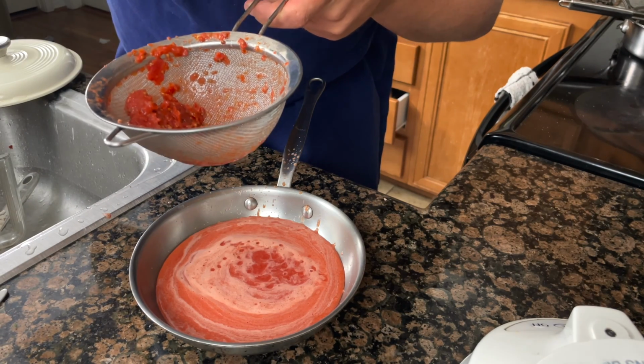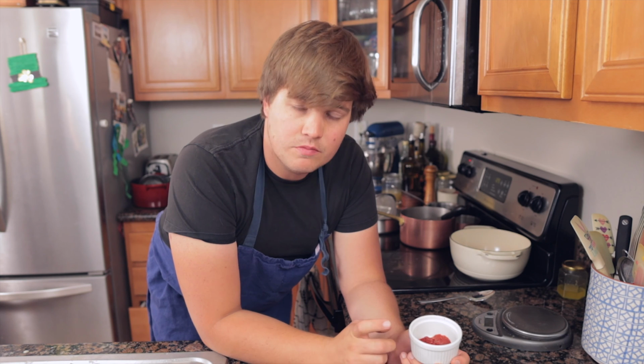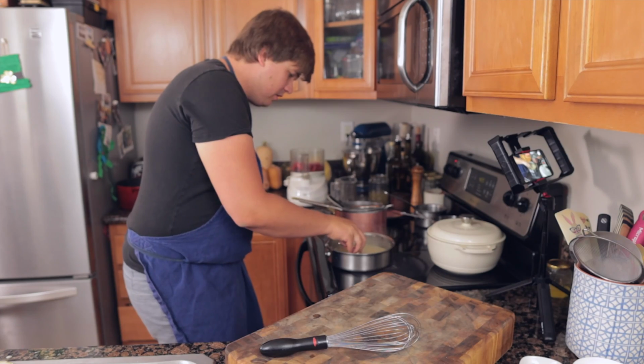Once you've pressed out as much as you can from the pulp, put on the stove and reduce it till it's tomato paste consistency. If you're going to take the time to make the sauce, you should definitely make this tomato paste. It tastes so much better than the canned stuff. Cook down. To make the roasted red pepper,